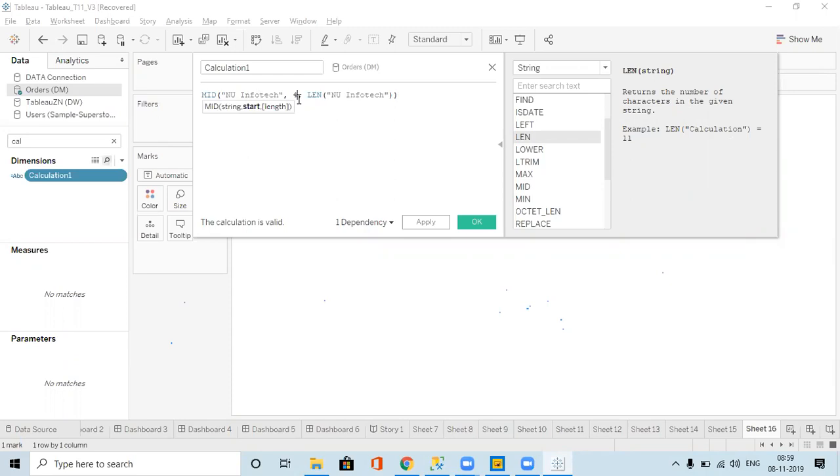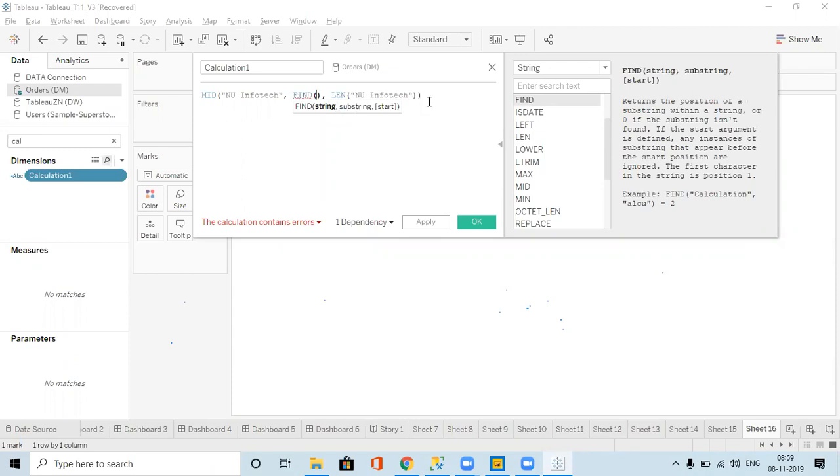But if I want a dynamic way, I want to find out the position, and I can use the Find function to find the space. We give the string, then it will give the position.